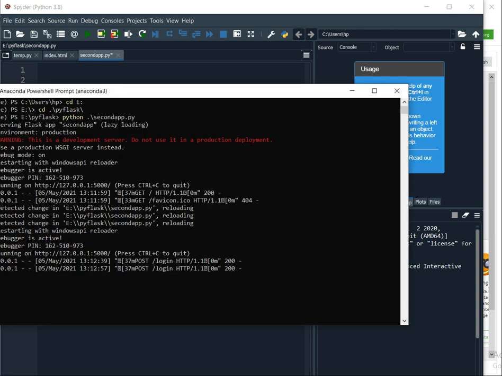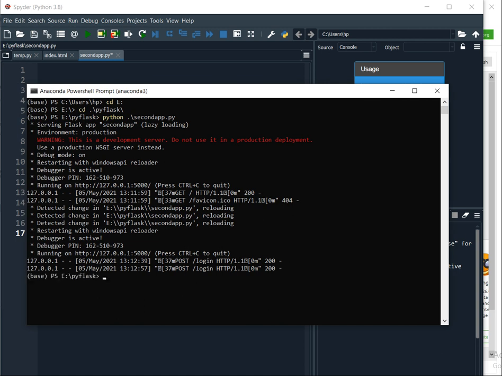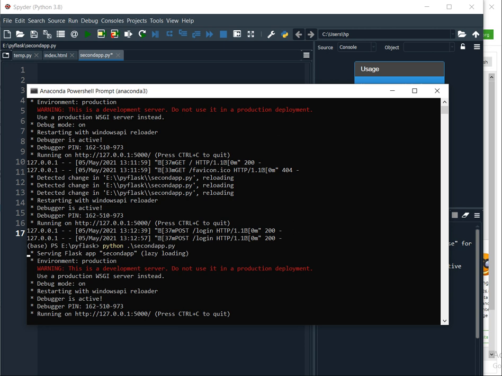I am just stopping the previous service of mine. Control C, stop, and I am going to run that file, which is python second app.py, right? So this is your loopback address, which is represented as 127.0.0.1. This can be either represented as it is, or you can give different names for that. You can give localhost, or you can use this IP address, right? This IP address is represented as the loopback address, so this is very much important.